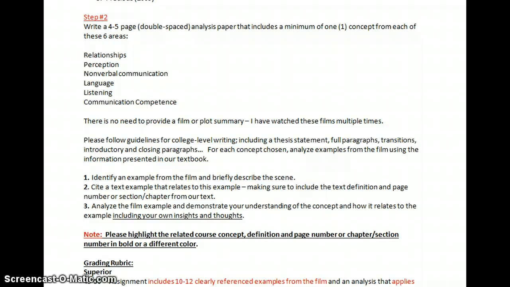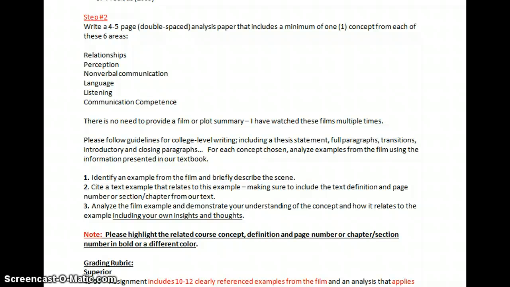Please do not go online and use information from International Movie Database, IMDb, or Rotten Tomatoes, or any of those other film review sites. You don't need to do that, and if you do that and you don't cite it, it's plagiarism and you will fail this assignment. So please don't feel like you need outside sources. The only source that you need in order to do a fabulous job on this paper is your textbook.